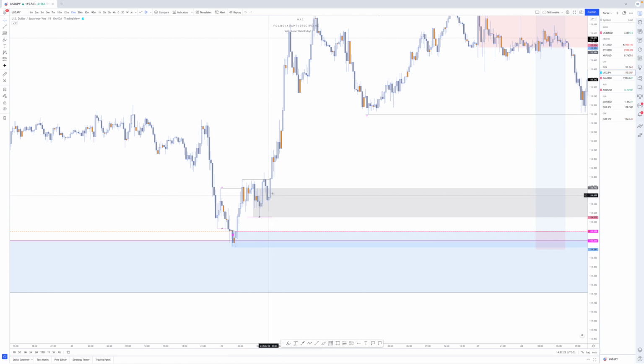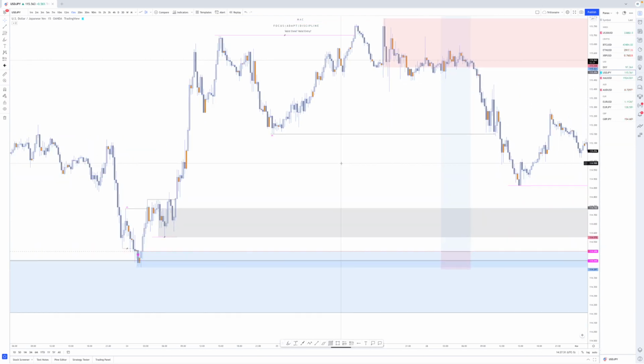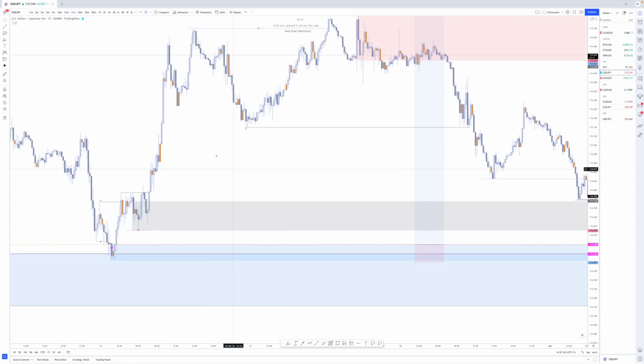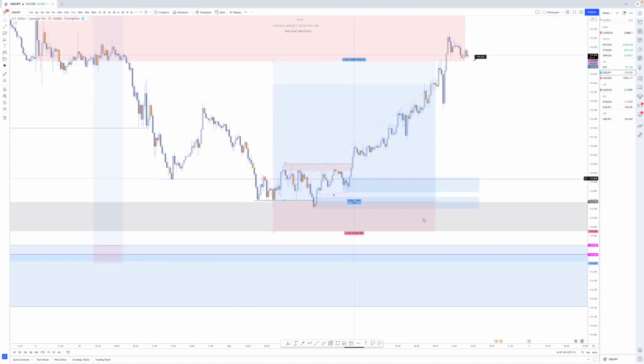So we have demand that comes into the market here and we have demand that comes into the market at this region here. As price leaves this region, what you don't want to do is chase the trade. Those of you within the Telegram community, we simply just set alerts within these areas. As you guys can see, we still have an alert set here, and we simply just wait for price to come back into our regions. So if we move forward just a little bit, as you guys can see, price came right back down into this region and tagged us in.